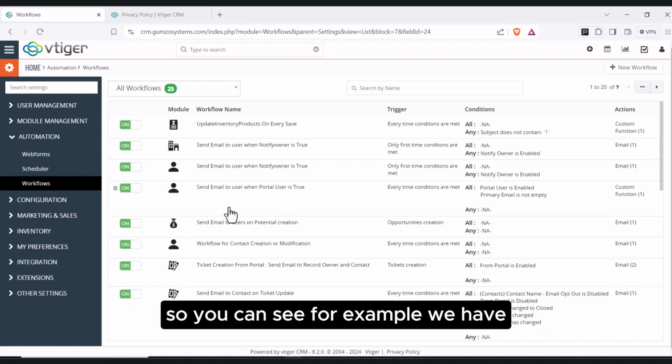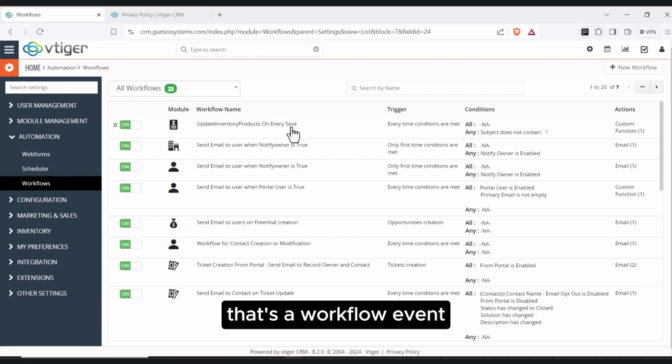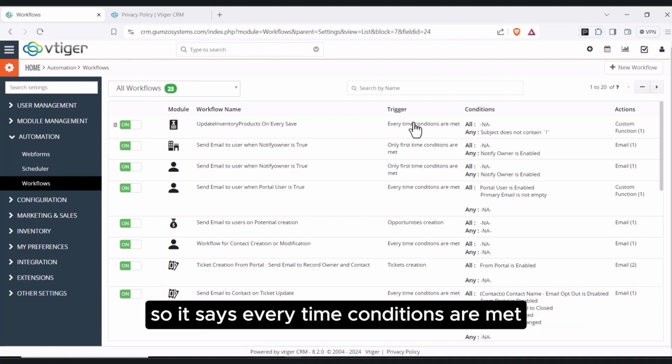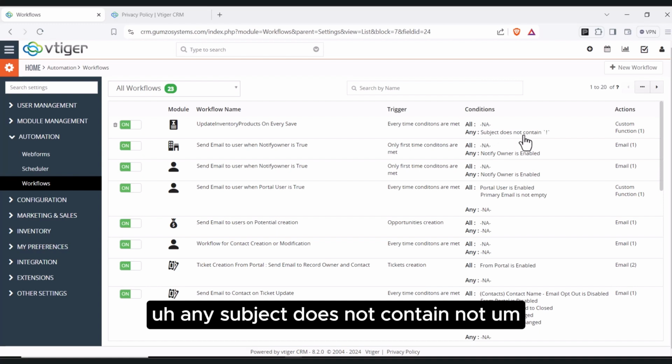So you can see, for example, we have update inventory products on every sale. That's a workflow event. So it says every time conditions are met. And what conditions are those? All not applicable. Any subject does not contain,